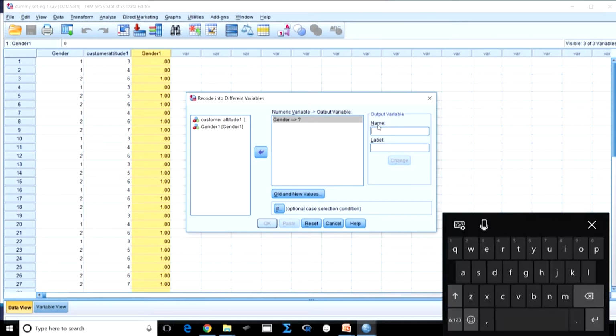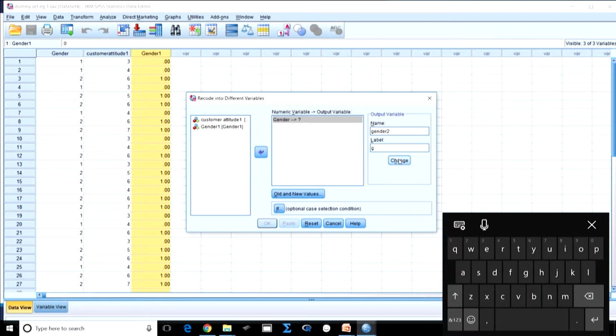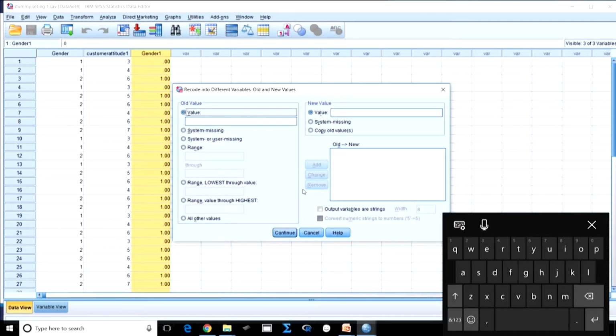This time, just to differentiate, I am labelling it as gender G. Then click change.